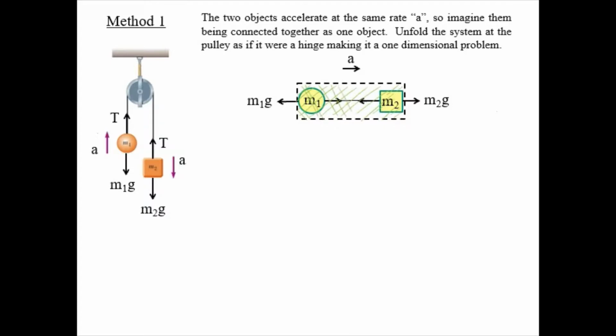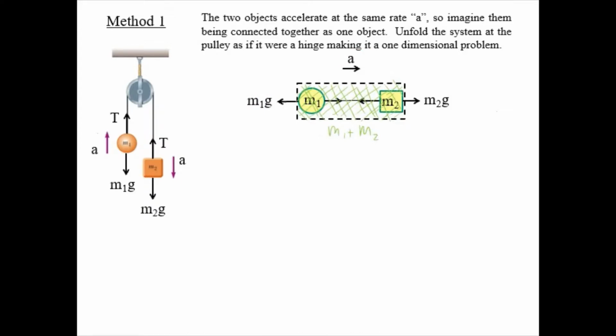I'm analyzing this system here. And so the mass of my system is just M1 plus M2, right? It's the mass of both things inside there. The pulley and the rope didn't have any mass. So M1 plus M2 is the mass inside my system. And I only have two forces involved here now, right? I've got my M1G that's pulling that direction, resisting the motion, and I've got M2G pulling to the right. It's trying to make the system go, and M2G is going to win, obviously, because the acceleration here is going to be that direction. So anyway, I've got it all unfolded, and now I just apply Newton's second law of